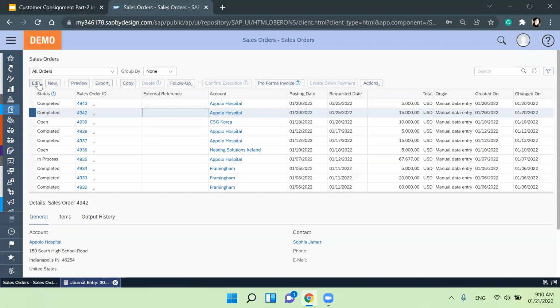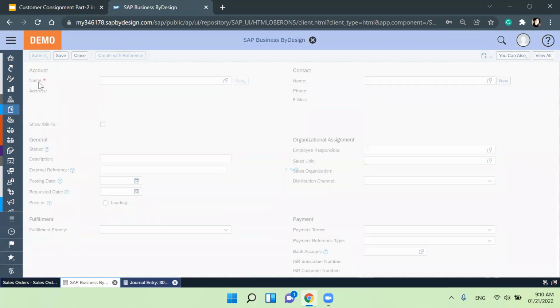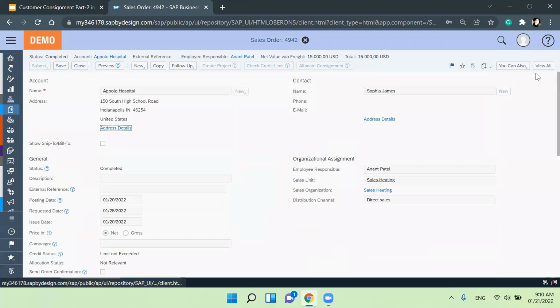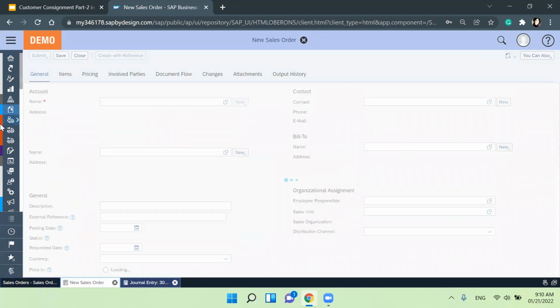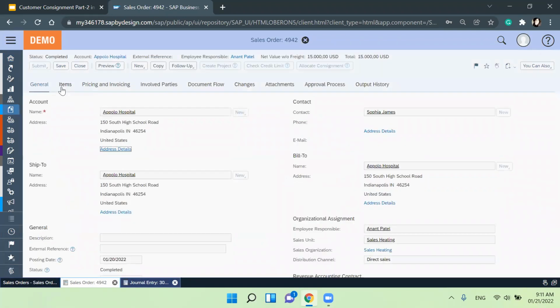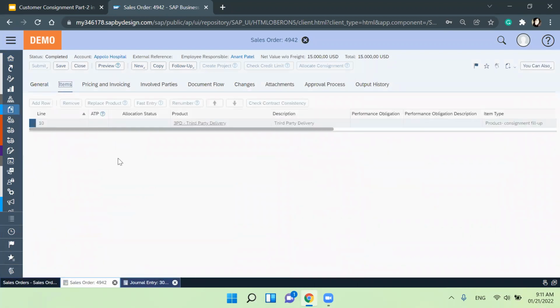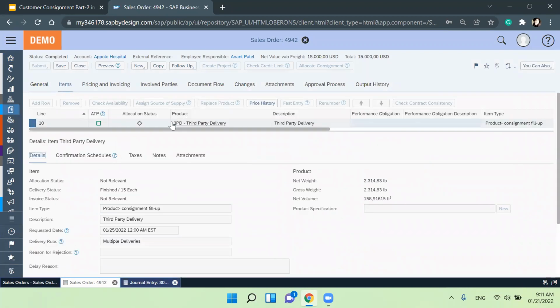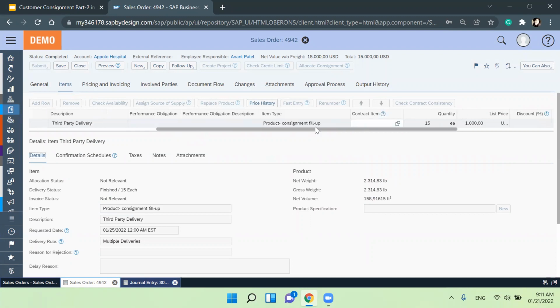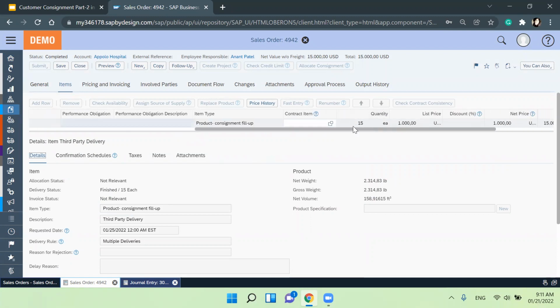Let me show you what is inside. 4942 is the consignment fill up sales order for Apollo as the customer and Almica as the consigner. Here I have the product name 3PD, and I have filled it up with a quantity of 15. The item type is product consignment fill up. And then I have another one,